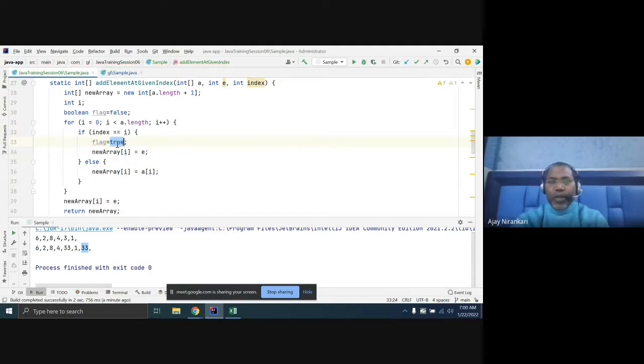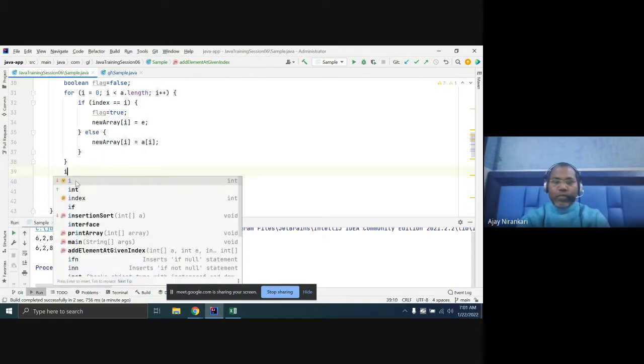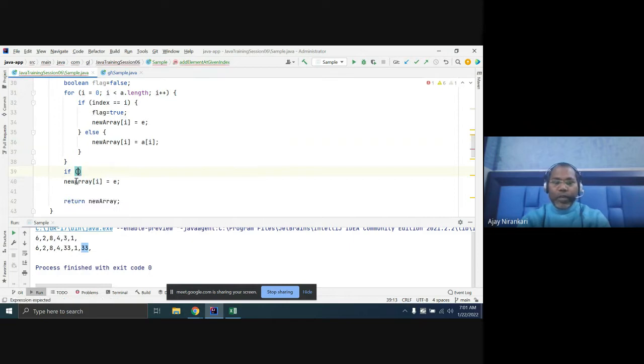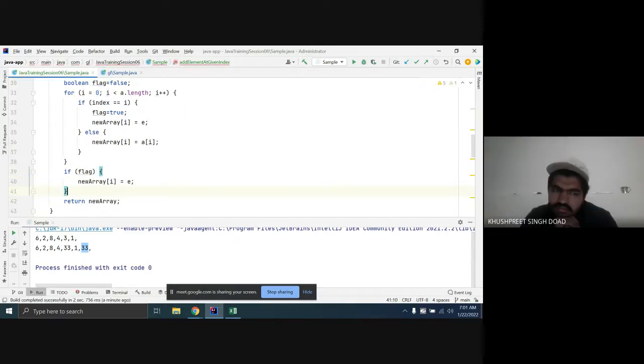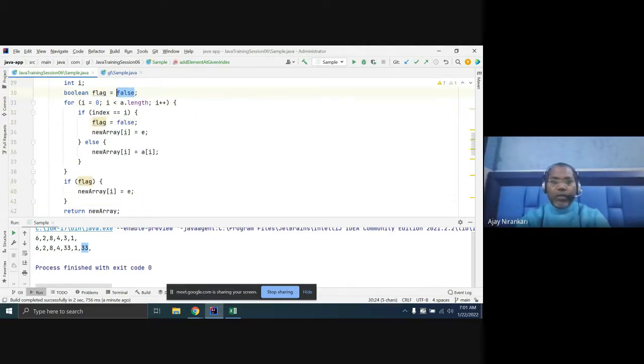Now this code you have to write conditionally. If your flag is equal to true, then you add this. Okay, this should be false, and this should initially be true. So what happens?